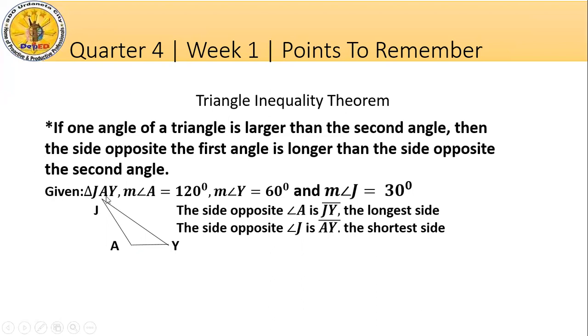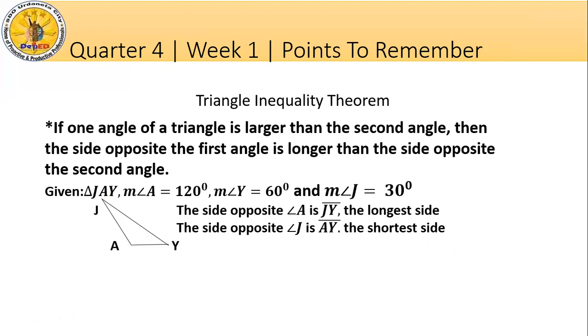Given triangle JAY, the measure of angle A is 120 degrees. The measure of angle Y is 60 degrees. And the measure of angle J is 30 degrees. Now, which of the three angles is the largest angle? So, the largest angle here is angle A. And the side opposite angle A is JY, which is